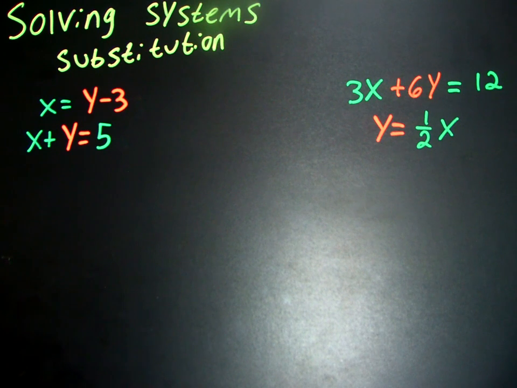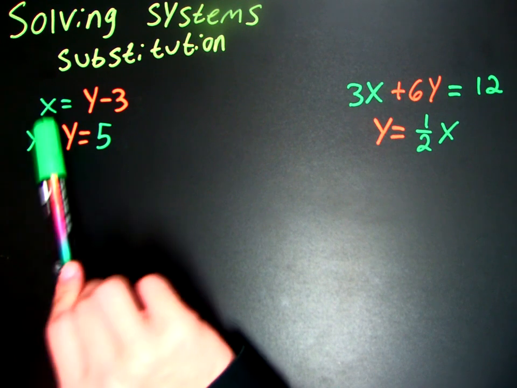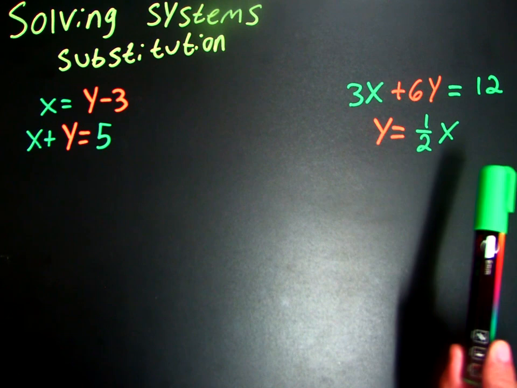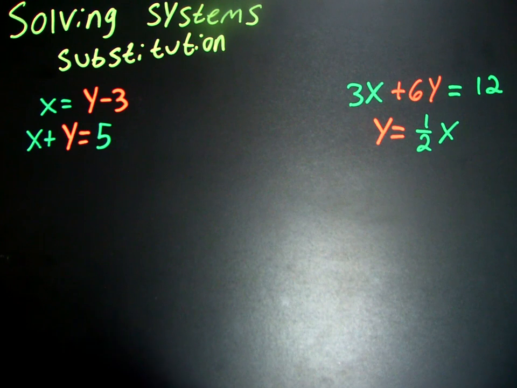All right, guys, so we're going to talk about how to solve systems by substitution. Now, in general, the best time to use this is whenever you have a variable that's already solved, like it's already on its own. See how this x is equal to something? Over here, the y is equal to something. If you see either of those, this is a great thing to use because